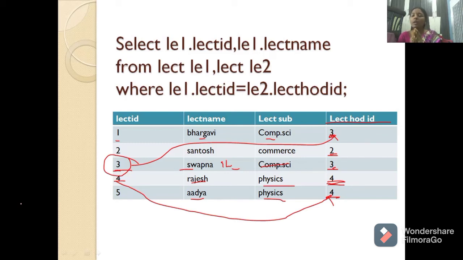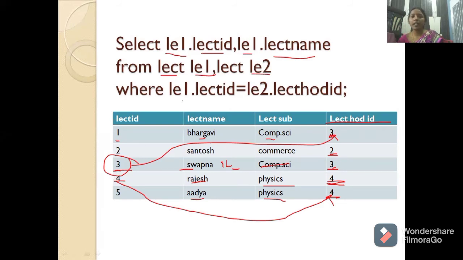So here what we are doing is combining the same table with itself by writing this query. Select lecturer1.lecturer ID, lecturer1.lecturer name from the lecturer table. I'm renaming it lecturer 1 and lecturer 2. That means from the lecturer table, I'm making 2 temporary copies, lecturer 1 and lecturer 2.